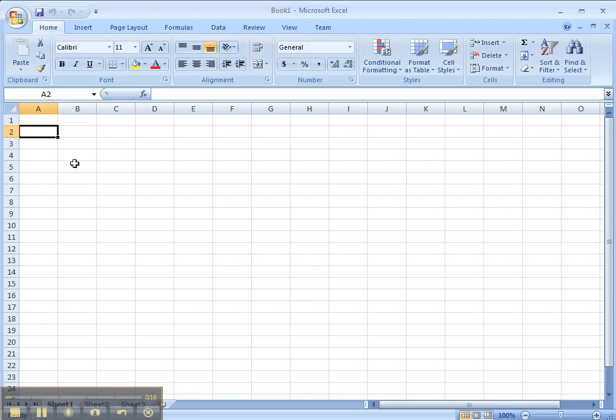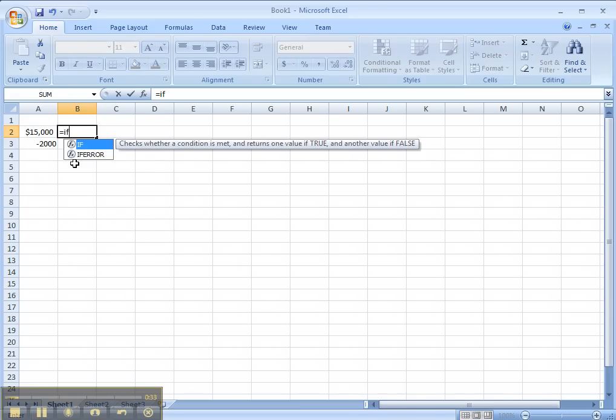And what Excel normally does is, you'll have a profit, 15,000, and a loss of 2,000. To change the label for this from profit to loss based on what the value is, I will say equals if. The first part is the logical test or the condition, and so if the cell to the left is greater than 0, and then the value if true, if it is greater than or equal to 0,